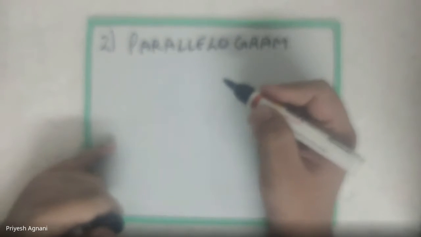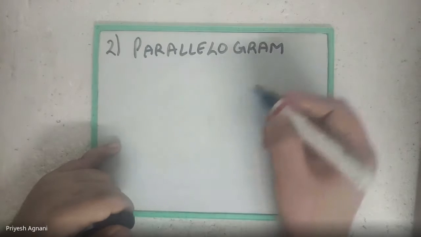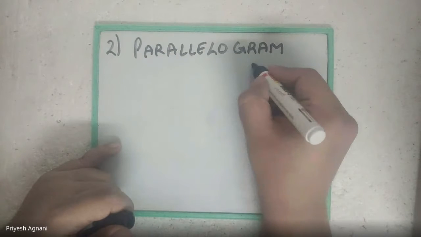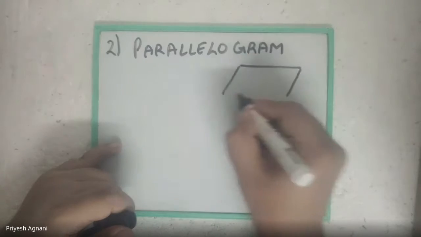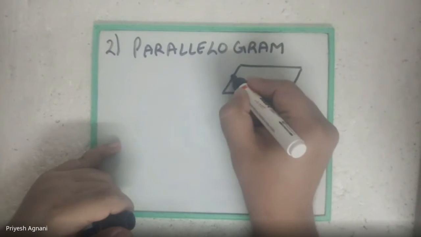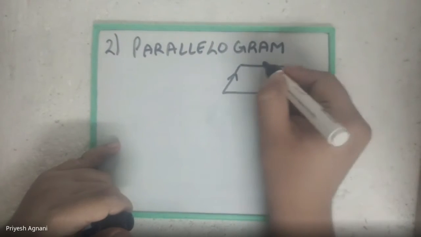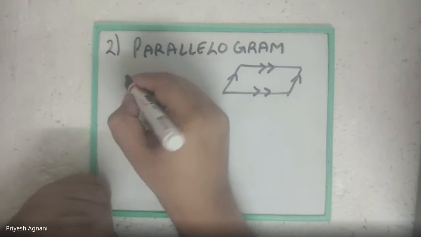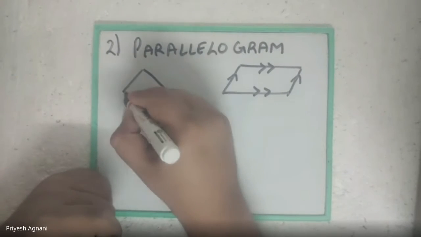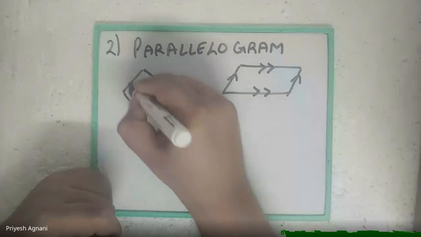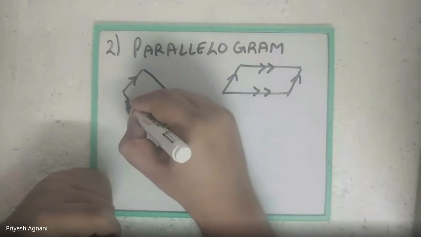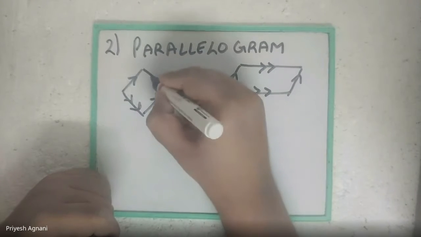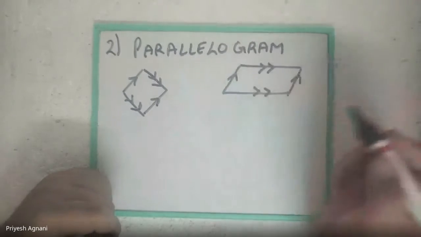Okay, parallelogram. What is there in a parallelogram? There are different shapes. For example, whenever we draw a figure, the opposite sides are always parallel and equal. See, this is like this. This means parallel to each other. Okay, the arrow means they are parallel to each other. For example, if I draw a rhombus, this is parallel to this and this is parallel to this. They are parallel and equal.